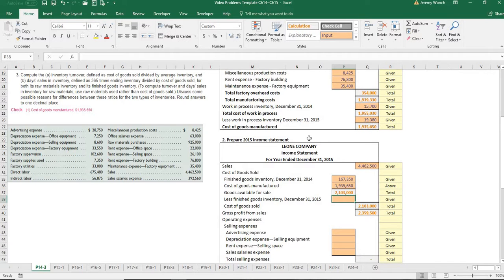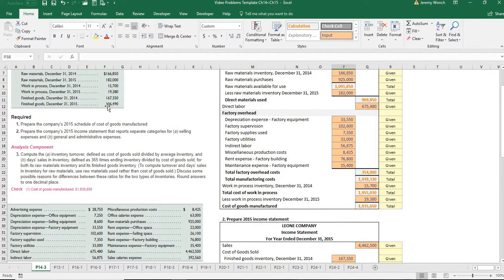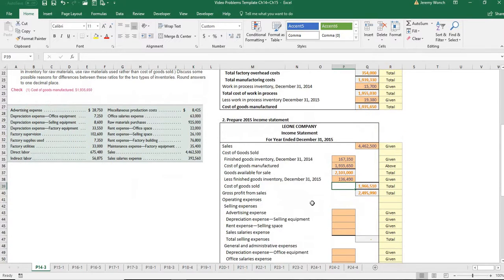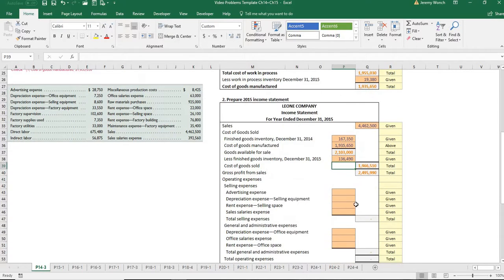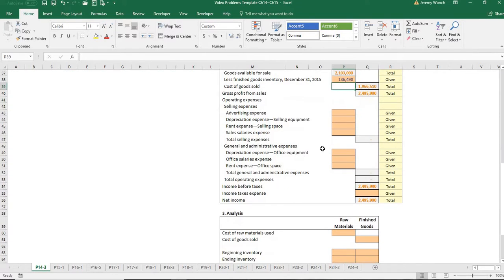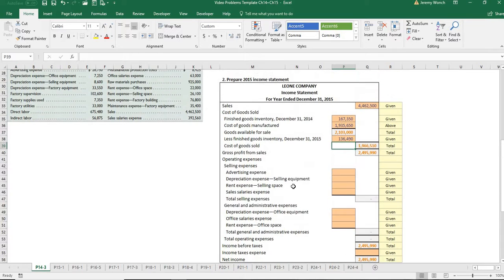And we want to subtract out our finished goods inventory at the end of the year. So that was $136,490. So that's going to give us a cost of goods sold of $1,966,510. And then gross profit is just our sales minus our cost of goods sold. And so now we can plug in our advertising, all our operating expenses. So we had selling or advertising expense